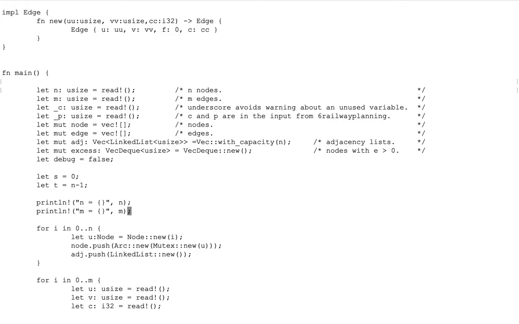We can print this, and then we can create the different nodes, and we put the nodes in this vector using the construct that we saw with atomic reference counters and mutex in the last slide. And we put empty lists in the adjacency, I mean the vector of adjacency lists. Okay, then we read the graph,